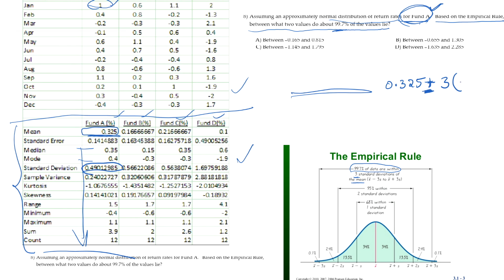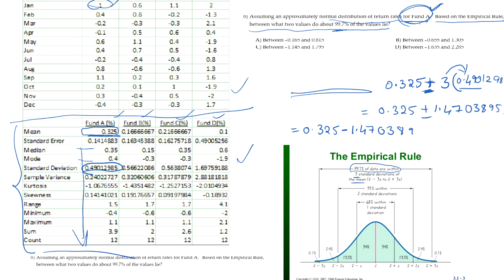The standard deviation for fund A is 0.49012985. This would be 0.325 plus or minus 3 times this, which gives me 1.47038955. So for the lower limit, it would be 0.325 minus 1.47038955, and for the upper limit, 0.325 plus 1.47038955. So this value here is negative